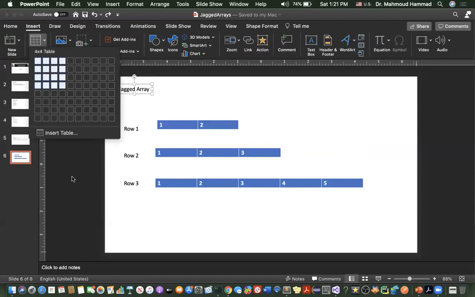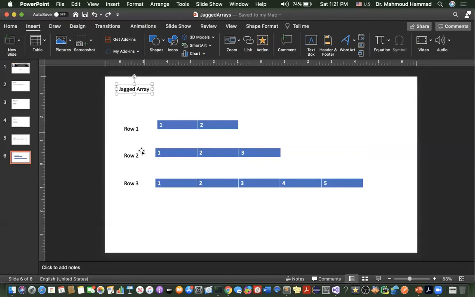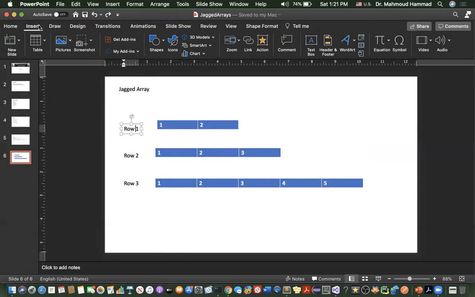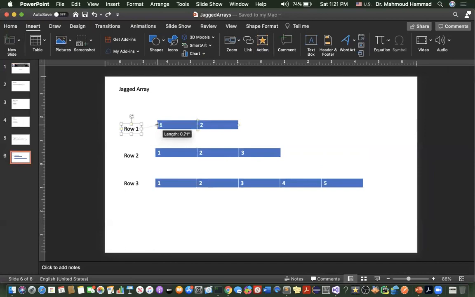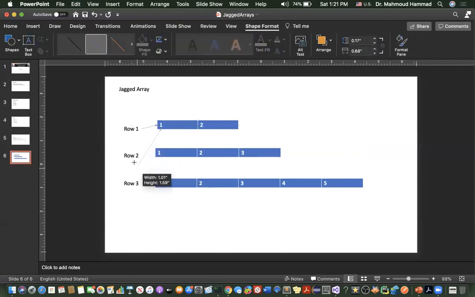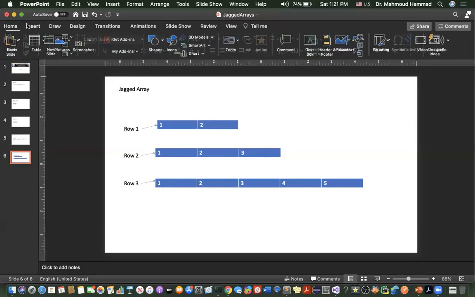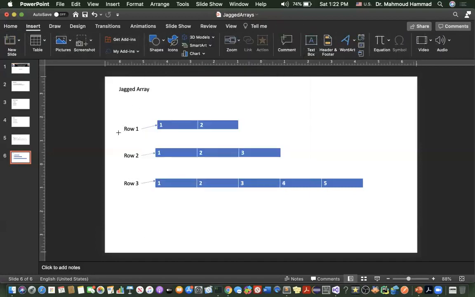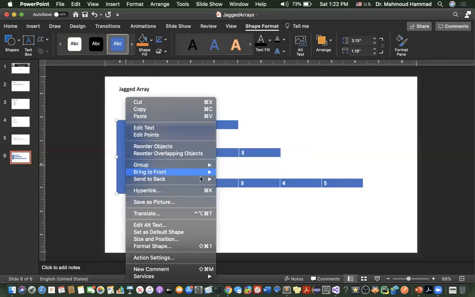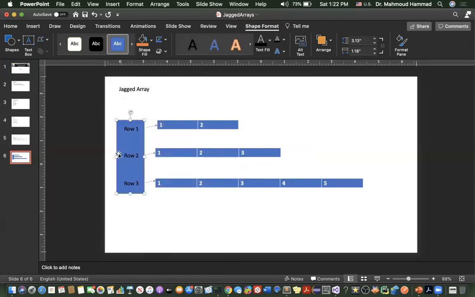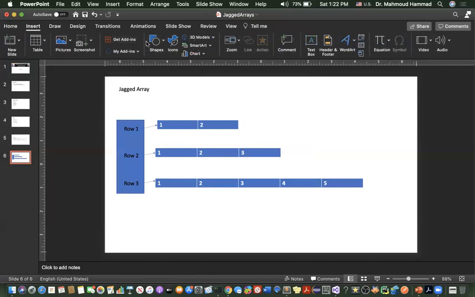So it's actually we have 3 elements: row 1, row 2, row 3. So we have 3 elements, and each element is an array. So this is the way it is actually implemented. So it's actually an array where each element is another array. So those rows are one-dimensional arrays. So those 3 are one-dimensional arrays where each element